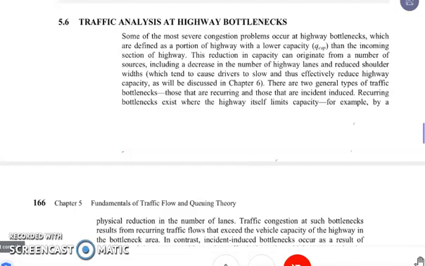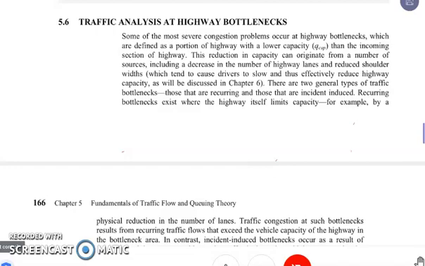of highway. The reduction in capacity can originate from a number of sources, including a decrease in the number of highway lanes and reduced shoulder width, which tend to cause drivers to slow and thus effectively reduce highway capacity. There are two general types of traffic bottlenecks: those that are recurring and those that